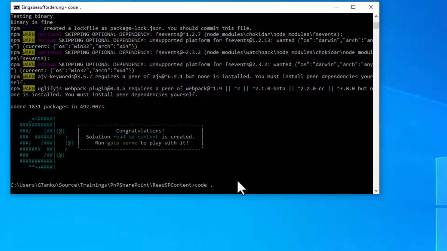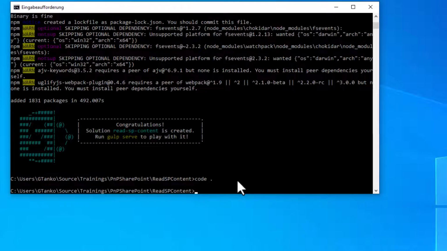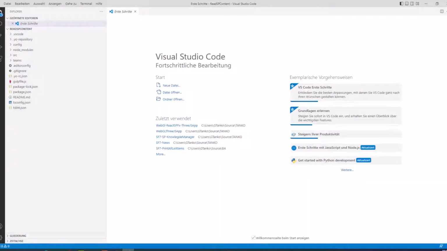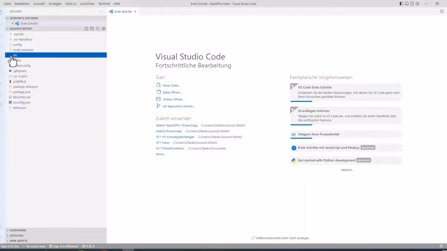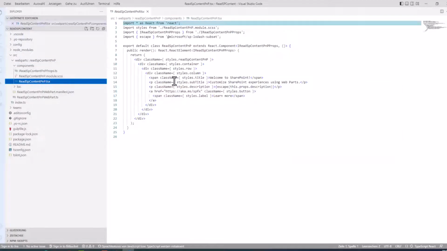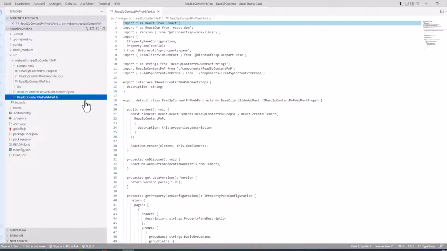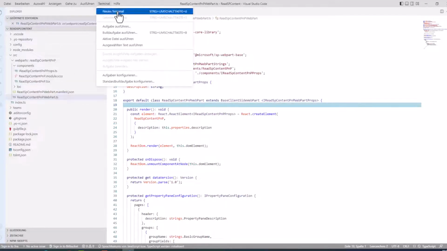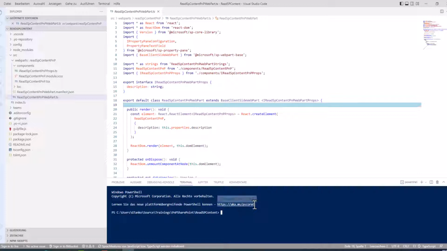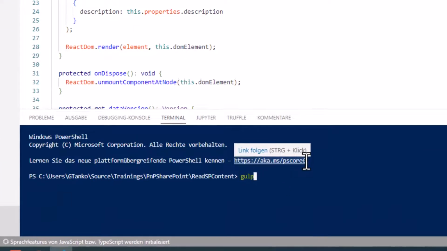Now the next step is to open this application, this code, in Visual Studio Code. When we type code dot, then Visual Studio Code will open, and we have to trust and confirm the certificate, and now we can explore the content of our application. Here we see the different folders, the React content web parts, and also open here the terminal where we have to enter all the commands. We can also use the command shell, but we use the terminal directly inside